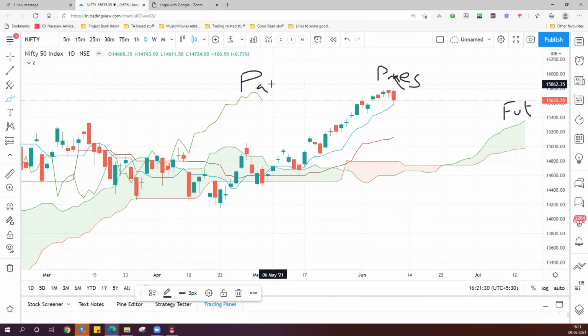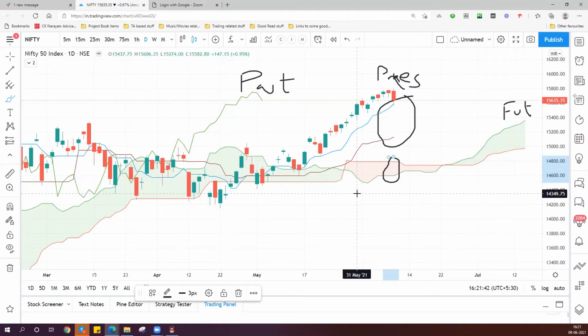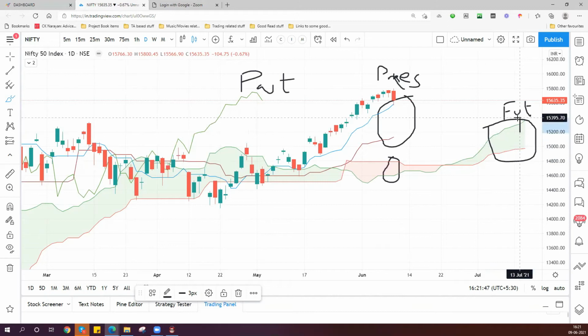So the Ichimoku has got certain sets of lines. So you got two lines here and you got two lines here. Then you have a set of two lines here, which takes care of the future. These lines take care of the present. And then you got one line here, which takes care of the past. All these are carrying Japanese names, and there are English translations also available for the same.